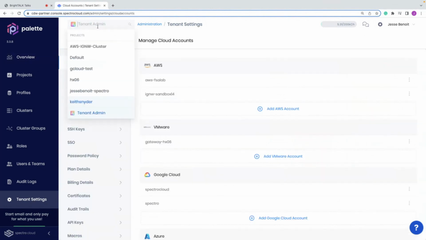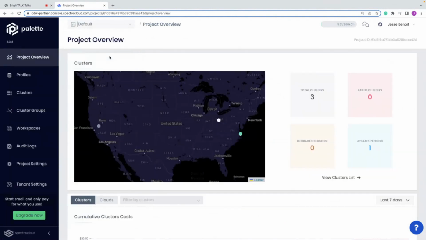So one of the first things that we had to do is we separate by a project. Think of projects as its own unique group, with its own unique cryptography keys, its own SSH keys and cloud accounts. So in there you can separate and completely firewall off different departments or different organizations. Some managed services providers use it to separate their clients. Some enterprises use it to separate departments. So you have a number of different ways that you can slice that. But in this particular environment, we're using the default project. Now, we can manage both project settings, like I said, distinctly on their own, or also tenant settings.